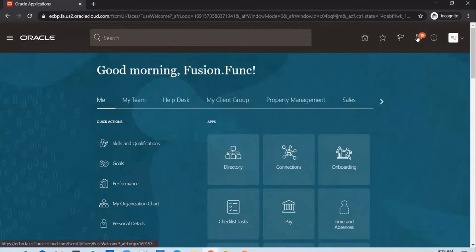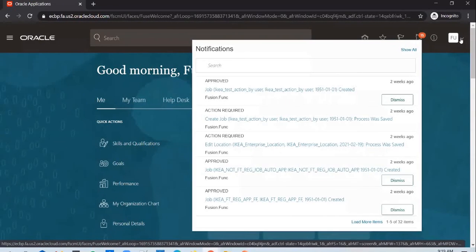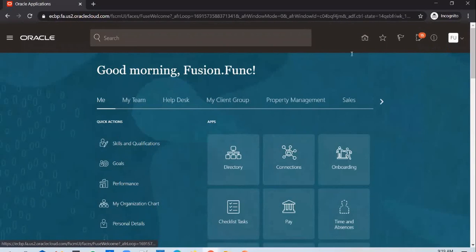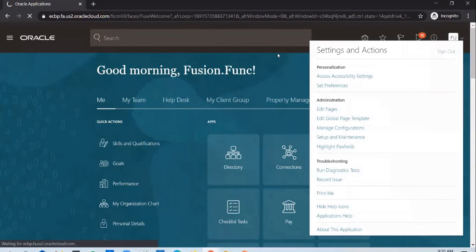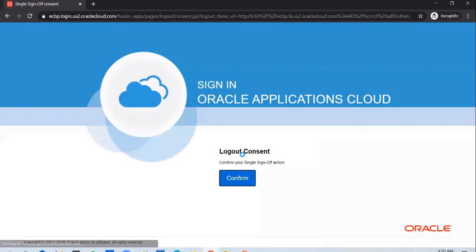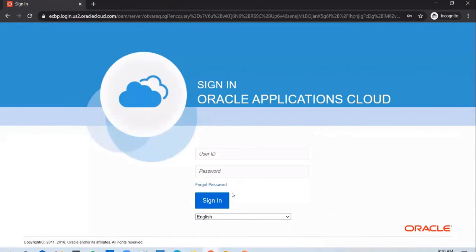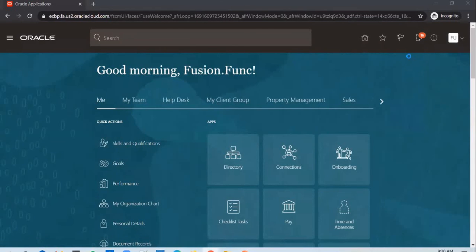It has not yet come to the Fusion.Func user for approval. You could see that the request has come to Fusion.Func user for approval.